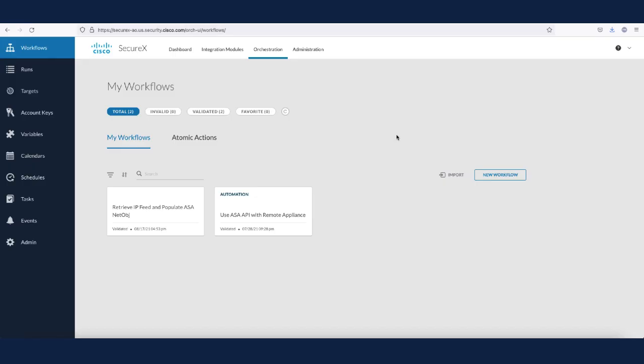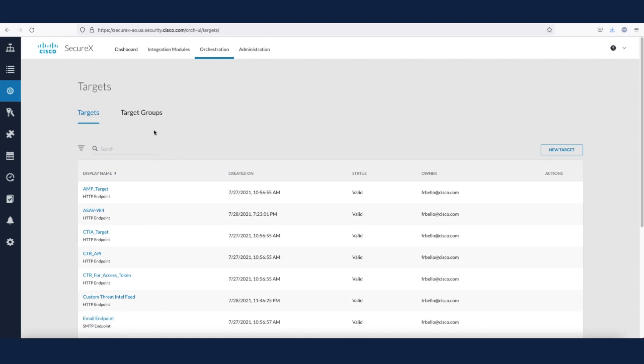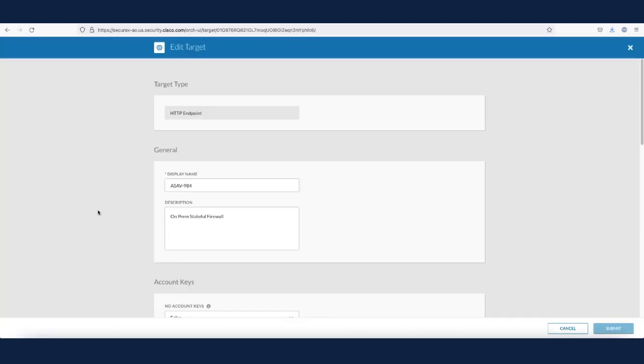All right, so now we need to configure some targets. Let me show you what I have here right now. You come to the targets menu, and you have the new target button here, but I already have those targets, so let me show you. The first thing is I have an ASA target, and this target is an HTTP endpoint because I plan to use